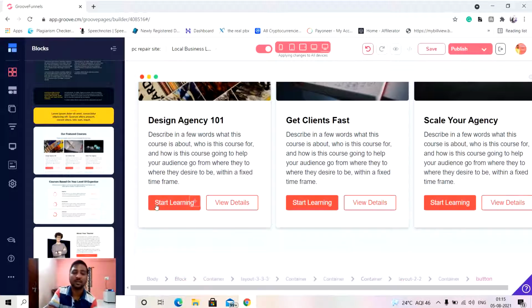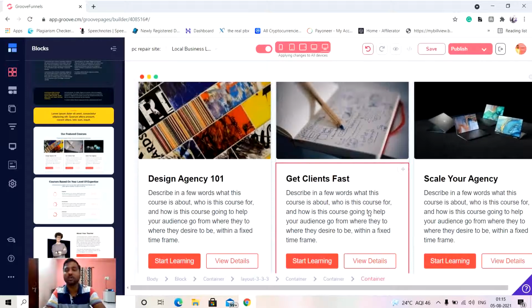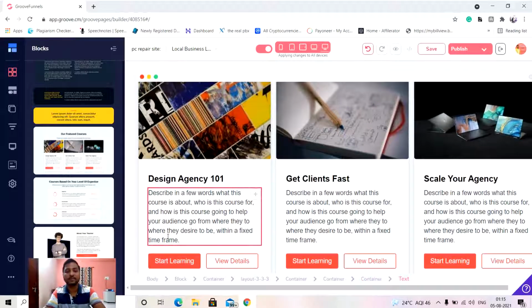You can give some call to action option over there, like it's already given: start learning, or book now, or learn more, or view details, whatever. There are 2 buttons given, but I don't think 2 buttons are necessary. You can give only one call to action option, and since there are 3 blocks, you can give 3 separate options.